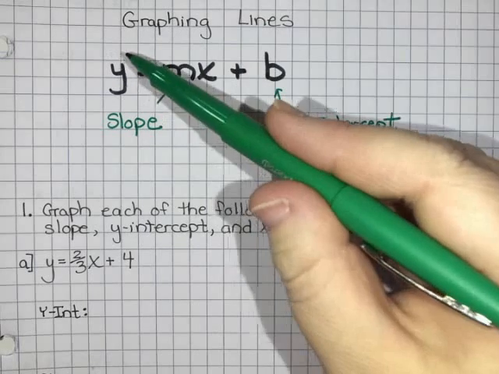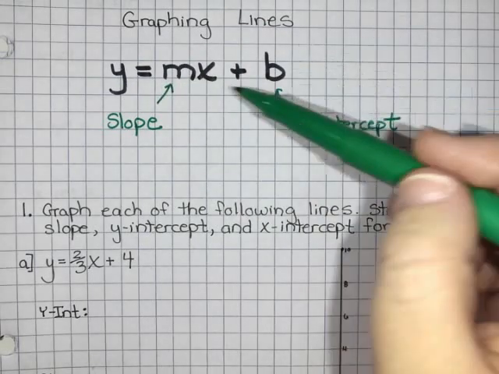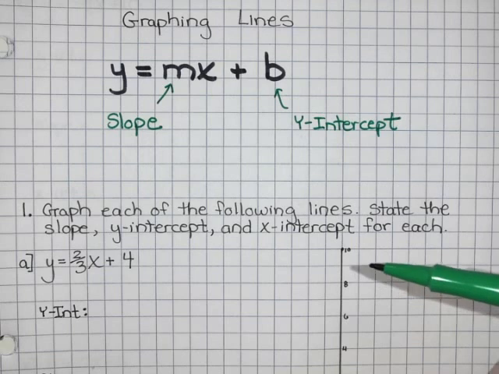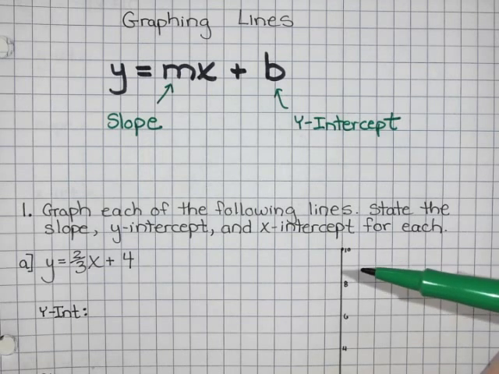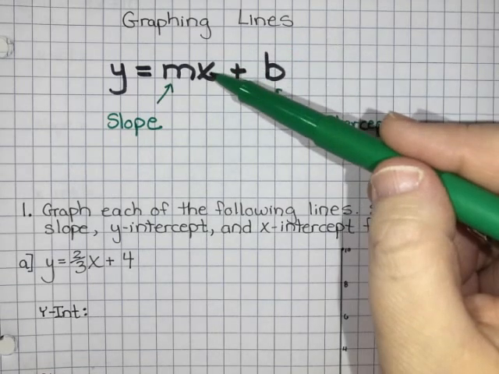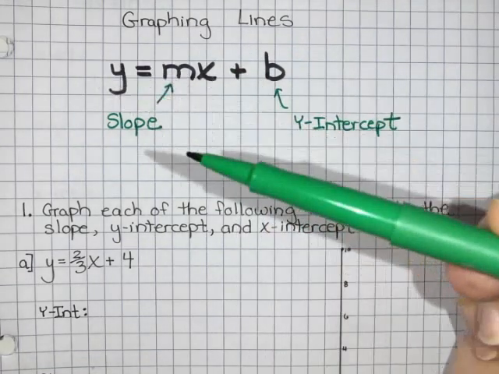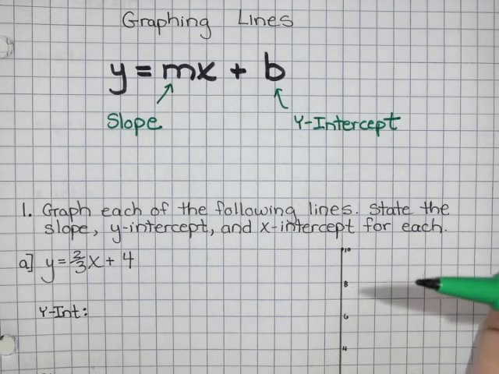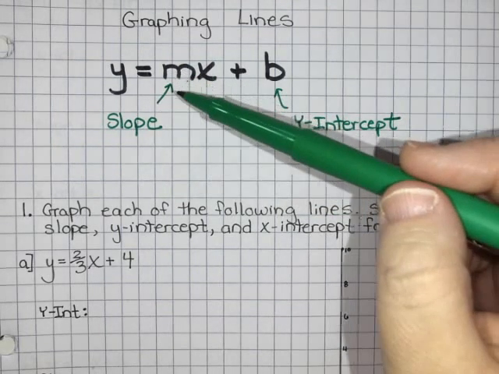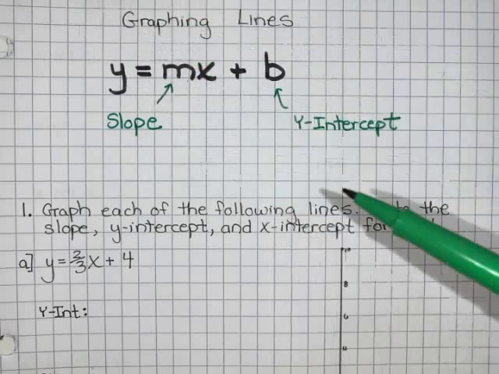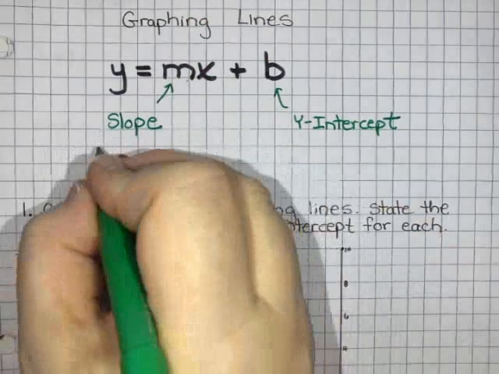Now the x and the y are there because the equation of a line lets you calculate the location of any point on a line, and a point has coordinates x and y. So it has to have an x and a y so that you can get a coordinate out of it if you try. So our slope, which is telling me how to get from point to point, follows the format